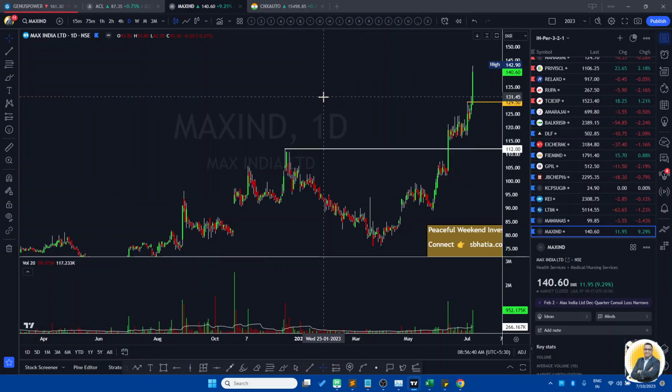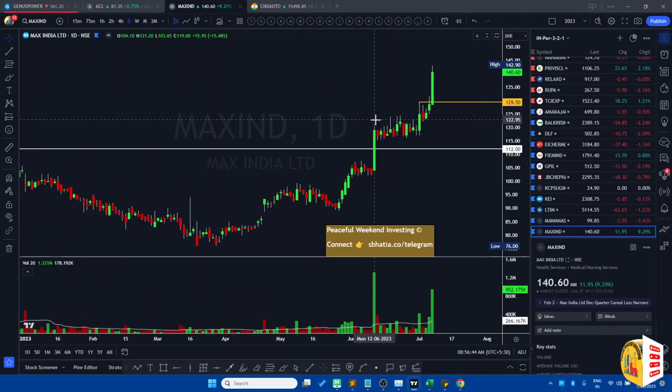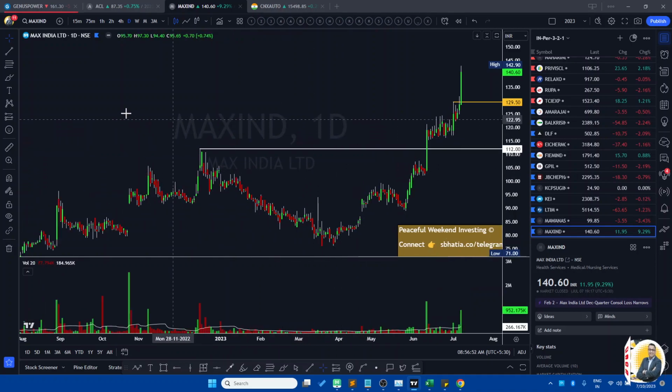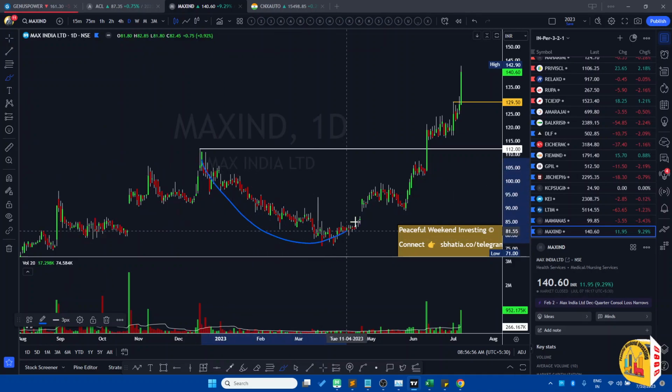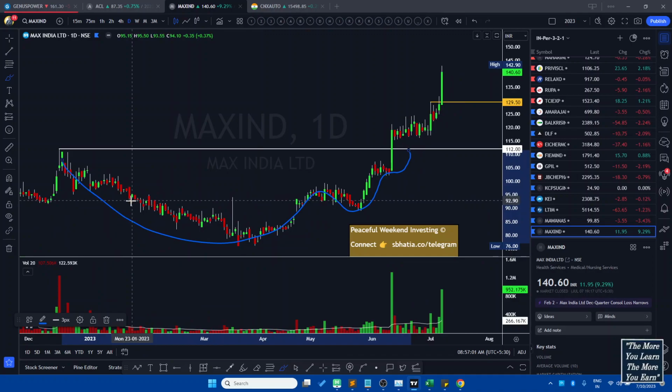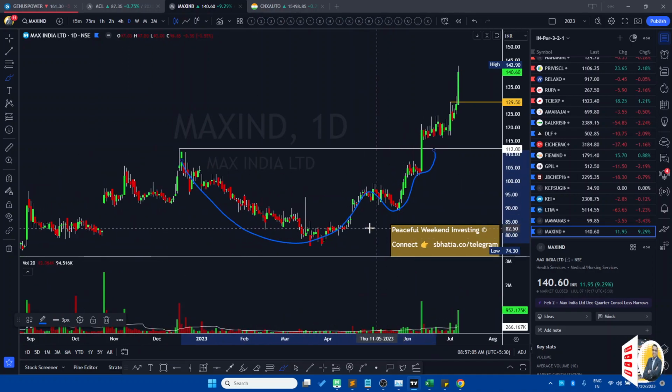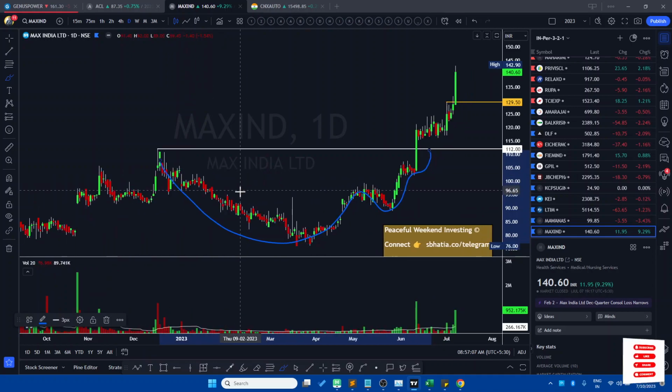I'm just trying to tell you that I was also learning. This is part of what I tell my students and people who follow me, especially at a more advanced stage. I just want to share it with you. If you can see here, as in the template, which keeps happening, this is kind of a VCP pattern, which Mark Minervini keeps saying, or volatility contraction pattern. But in short, what is going on here?